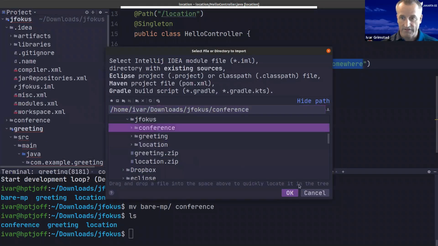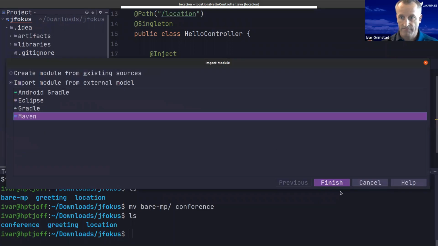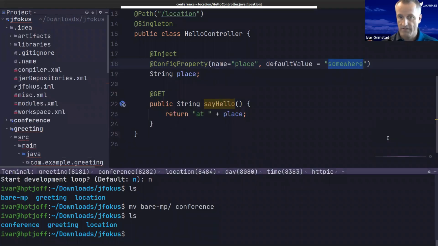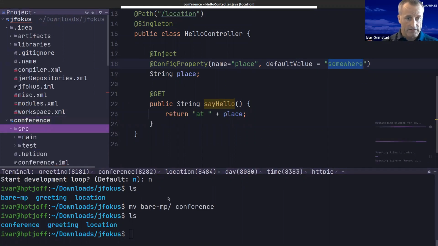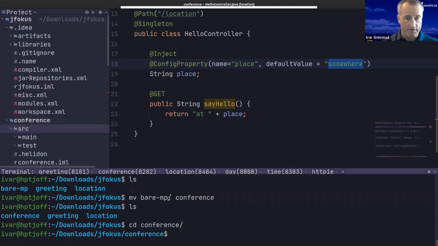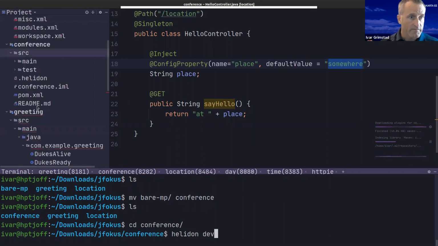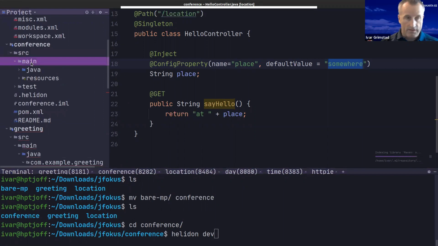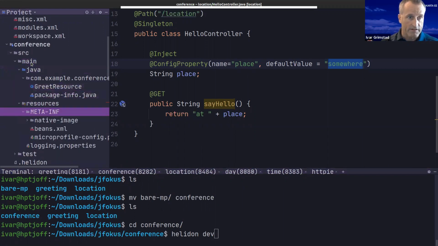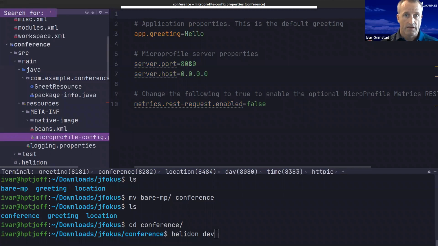So the conference, finish it up. So it should be coming in here. And Helidon can be run in dev mode as well. But for that, I'll just fix the port number. And this is using MicroProfile config to do that. So I'm going in here, and I think I want this one to run on 8282, like this. And then I'll start Helidon in